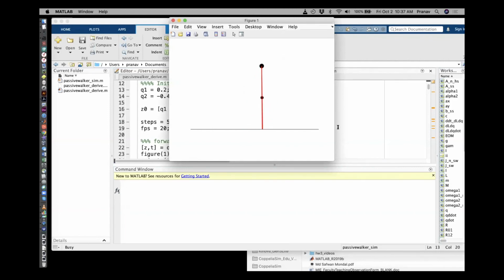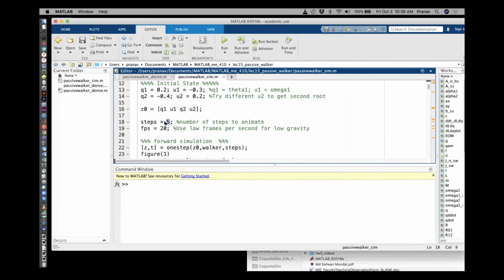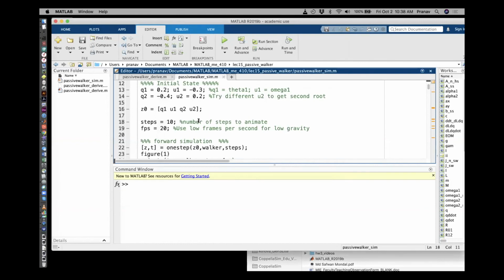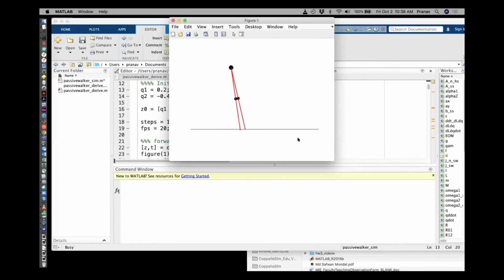Okay, so this one looks slightly better. Looks like it's walking, but looks like it will fall eventually. Okay, that's not bad. Let's try more steps. Okay, that worked well. So maybe that's a good guess. Here, I actually knew the guess. I actually knew that 0.3 would work, and that's why I put it. But if you naively try to do something, it'll actually